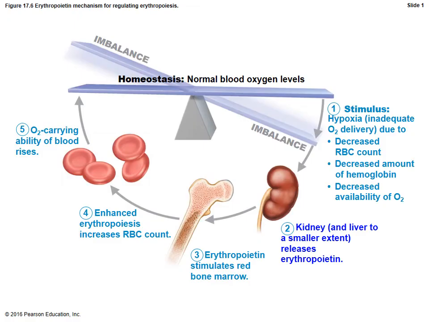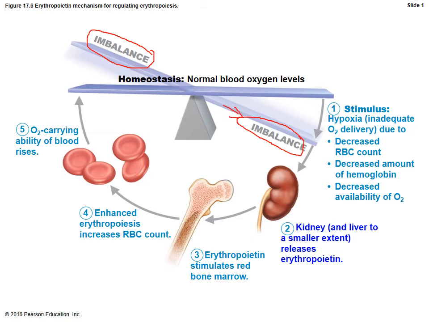Now go ahead and take a look at this illustration right here. This illustration basically talks about the fact that we can use hormonal controls, as mentioned previously, to control how many red blood cells we have floating around. And usually what we see happening is that if you have an imbalance in your homeostasis, and in this case you have an imbalance, we can start on this side right here,